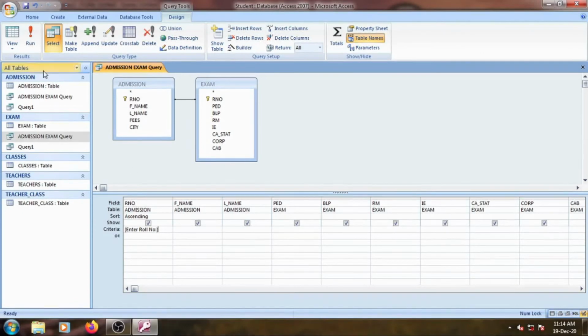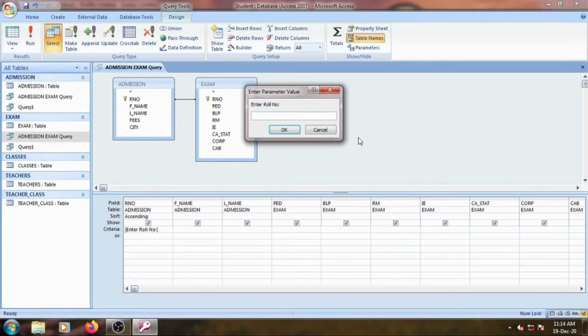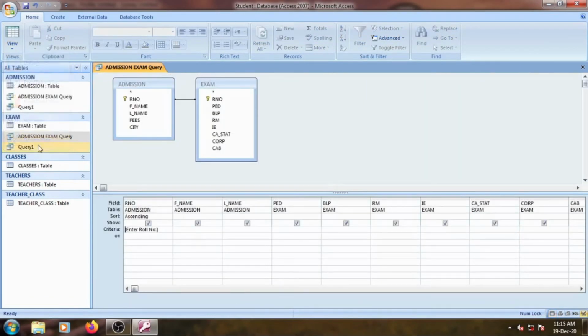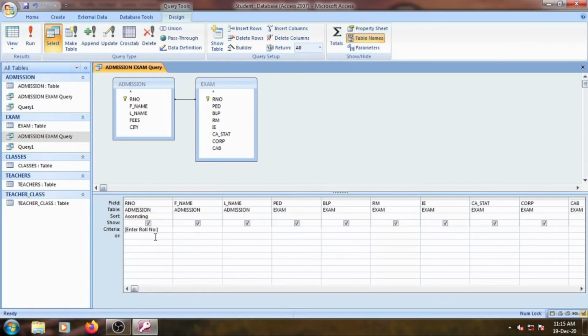Click run button, we see enter parameter value dialog box. That means we have correctly created the parameter query. Enter required roll number here and click OK button. We see a single record having the roll number we entered in the dialog box. We can use OR operator in parameter query also.